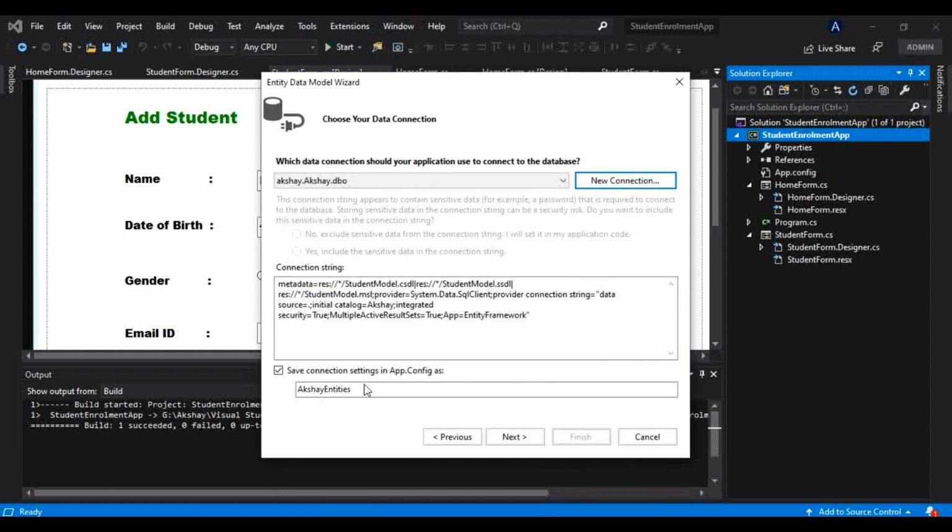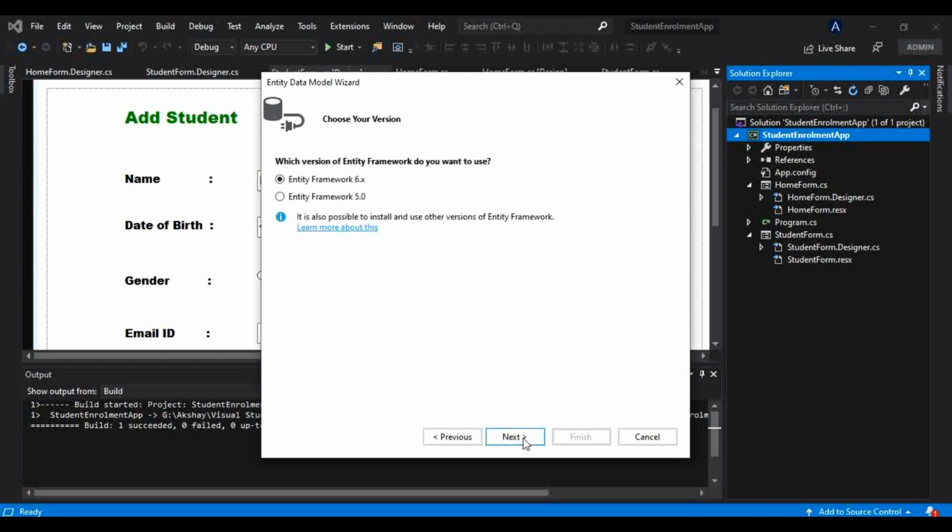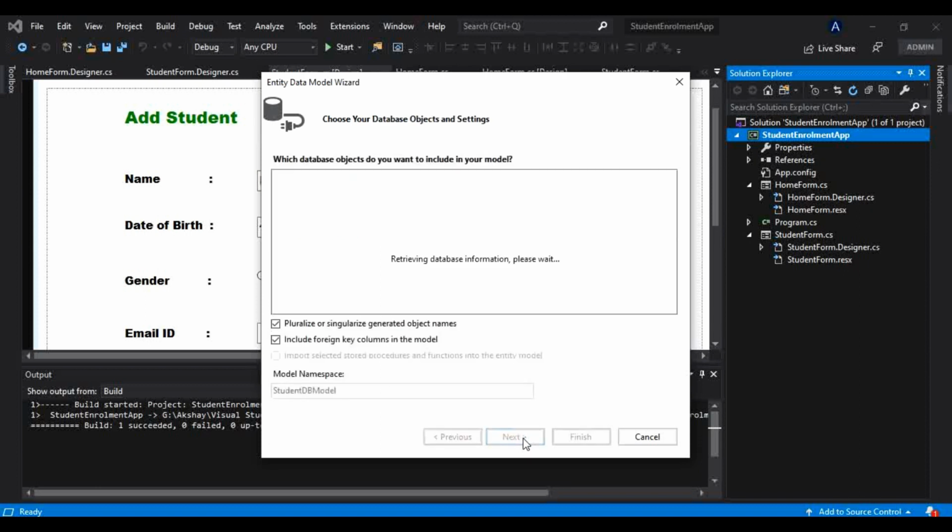And let me make changes to this name. Okay, so it is reflected already. So student DB entities. This name is what entity framework automatically uses in the app config to store our connection string. So, okay, let me show you that. If I click next and next, it is retrieving database information.